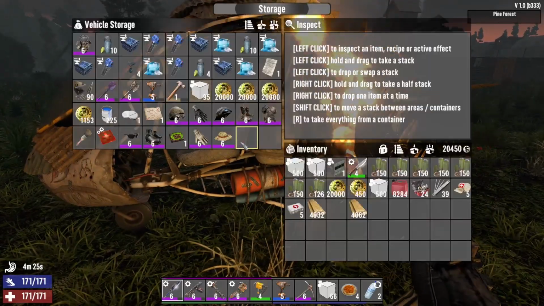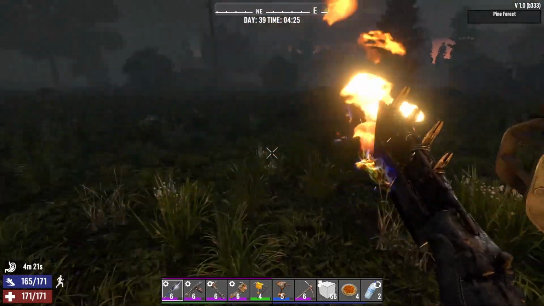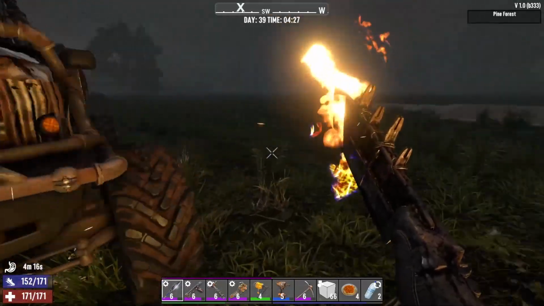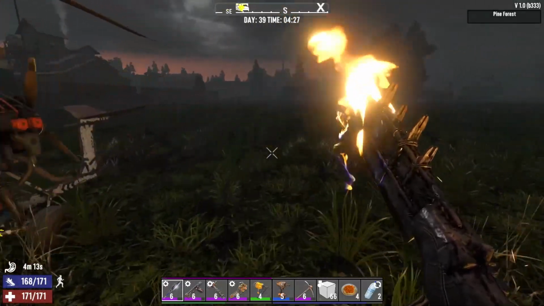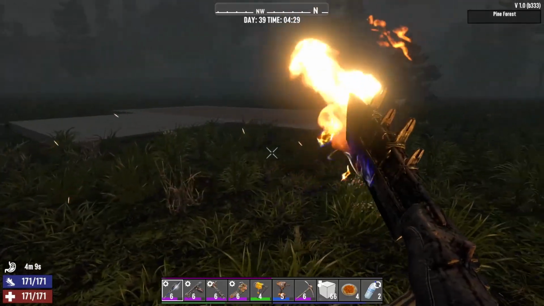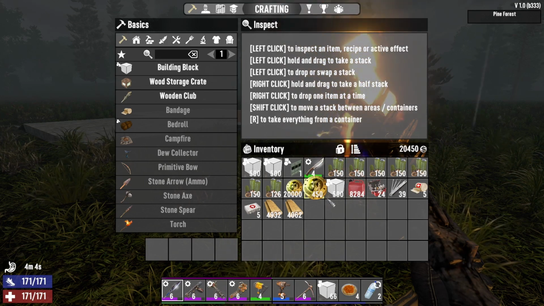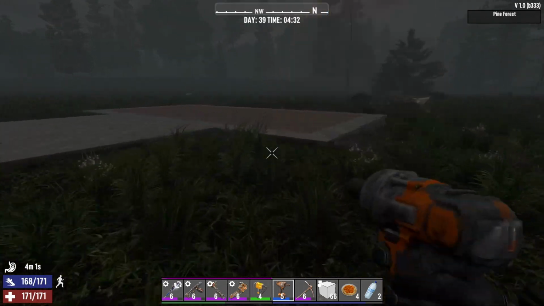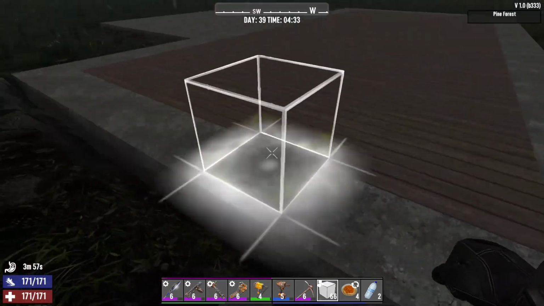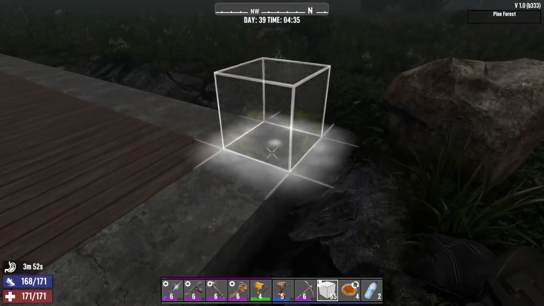So I've carted over... Where's the motorcycle? It's around here somewhere. The motorcycle is here too. Oh, the motorcycle's all the way over there. But we've carted over everything. I've literally cleared out all of my benches. I cleared out everything that I possibly could, and we're gonna actually craft a small base here, or